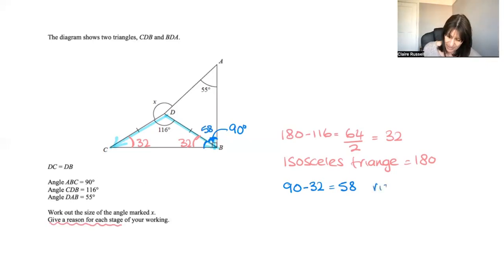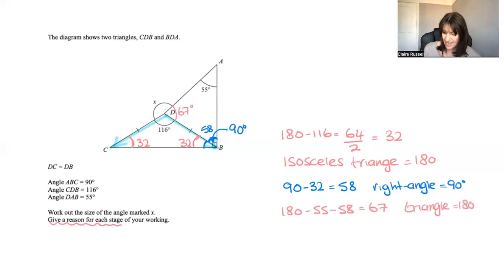I've used right angle equals 90 degrees to help me with that step. Now I'm going to do 180, take away 55, take away 58, take away what you know, and it leaves you what you don't know. So I now know D is 67 degrees, and I used a triangle